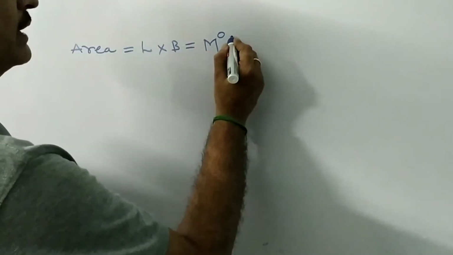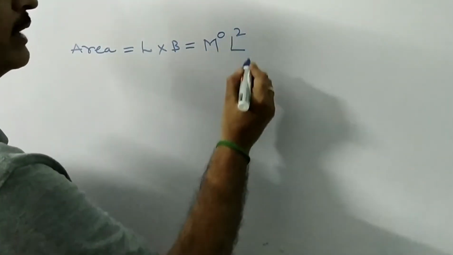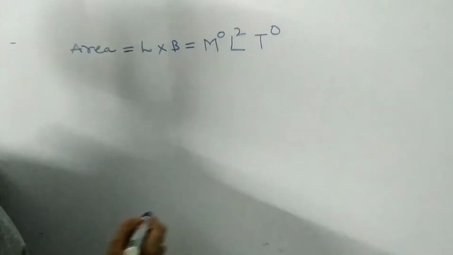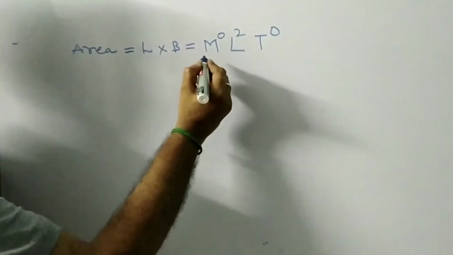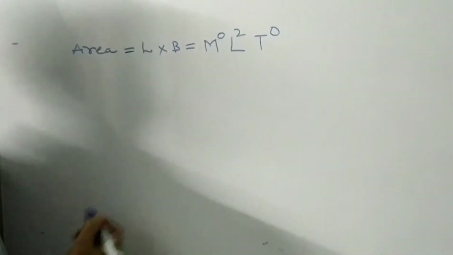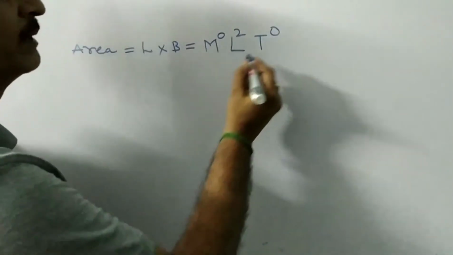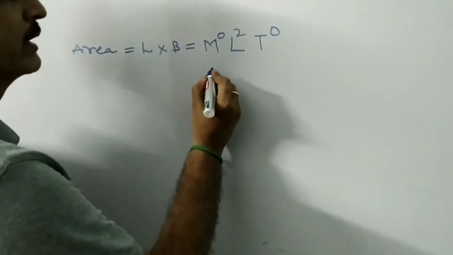Length into breadth, length into length, is L square. And the time factor is 0, so T power 0. So the dimensional formula for area is M to the power of 0, L to the power of 2, T power 0, where